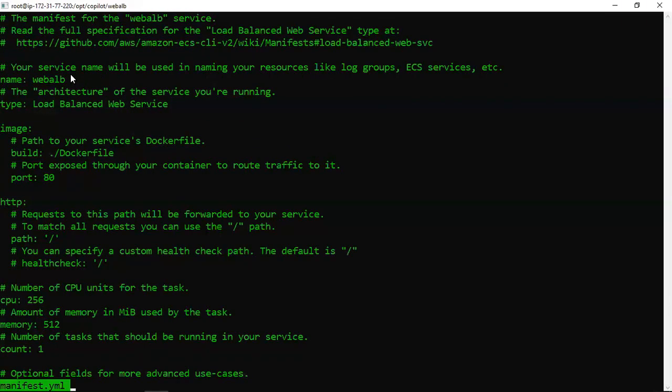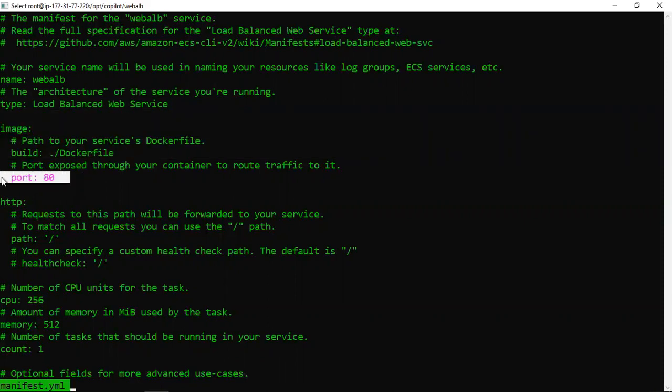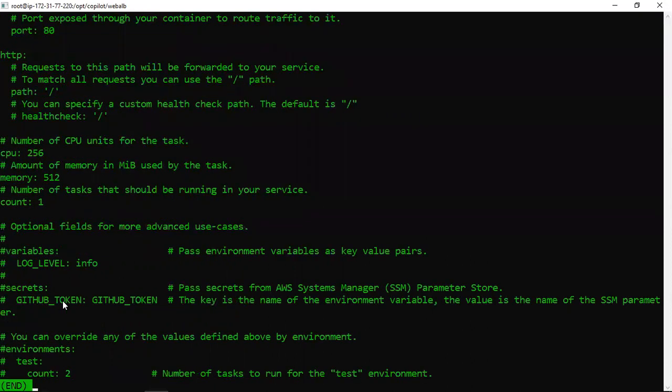and see how it's working. In the manifest.yml, we need to define the type. Then we need to provide the image, which is my Dockerfile in the current directory, and the port number 80 for the host, and which protocol you want to use. So it's the HTTP protocol, and the path is my root directory. There's no health check I'm utilizing here. The CPU of your task, the memory of your task, and how many tasks you want, you can just put it over here, right? And if you press space, go down,